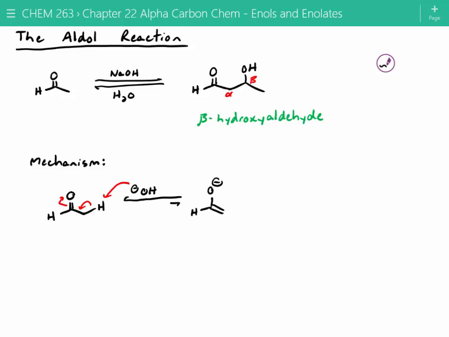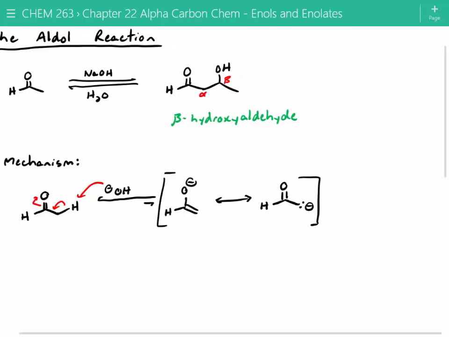And then we said that the enolate has a resonance structure where it's got a negative charge on both the carbon and the oxygen. So even though most of it's staying as the aldehyde, there's still a little bit around in solution as the enolate. And now in the next step,